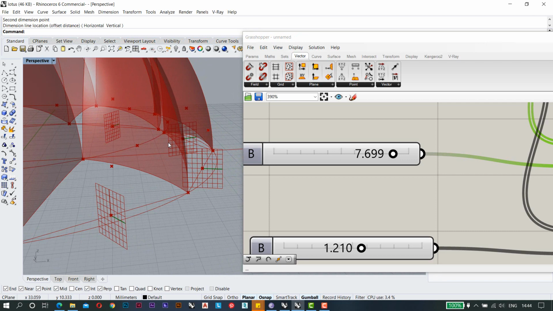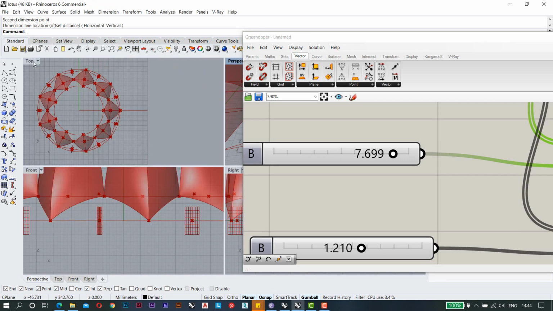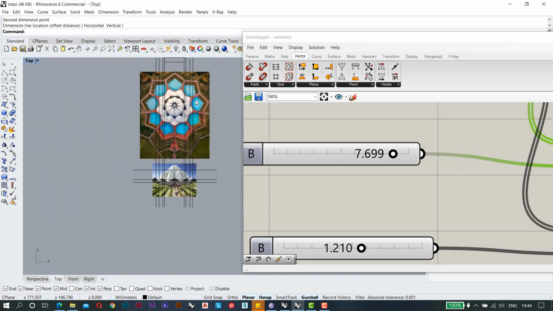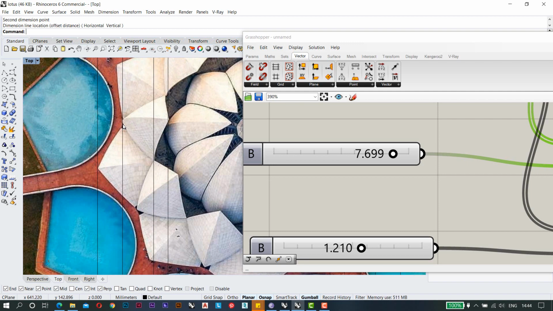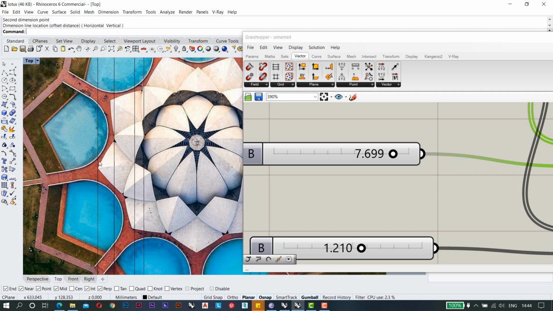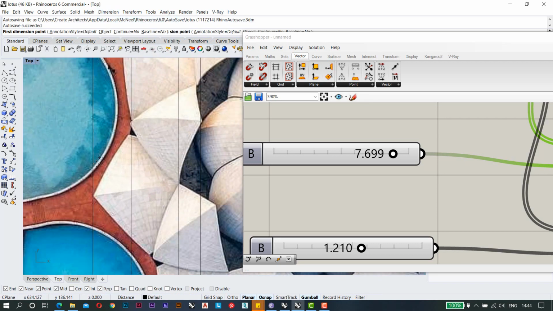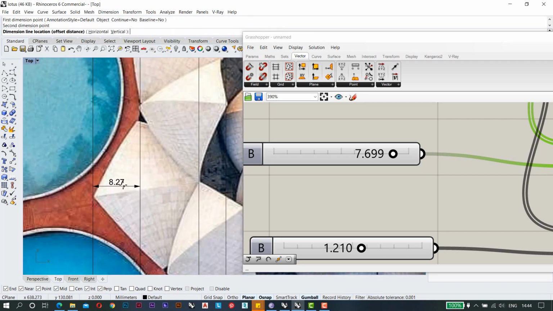Now how can we get the values? Basically for getting those values, we need this difference which is there. There is this difference from this point to this point. I know it's a little on the angle, but we will consider it as a horizontal distance. So this point is 8.27. I'm taking it roughly 8.